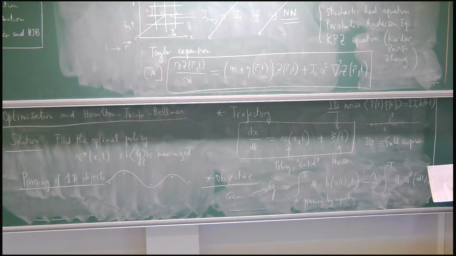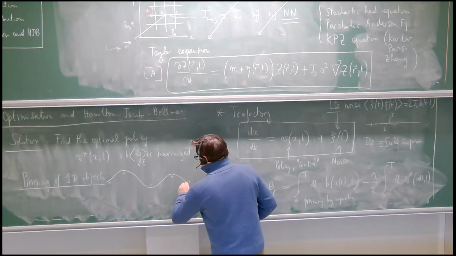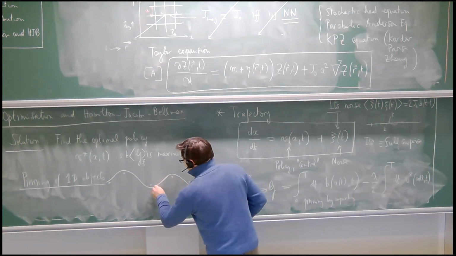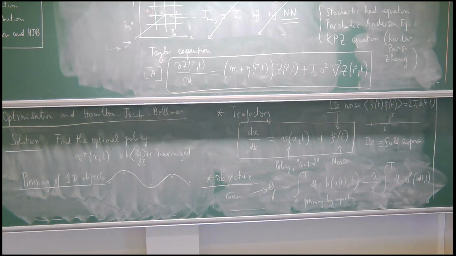And this V squared, in the language of polymer, measures how costly it is to make bends like this, okay? So you're stretching the polymer, and by stretching the polymer, you pay some elastic energy. So this problem falls in the general framework of randomly pinned elastic objects,